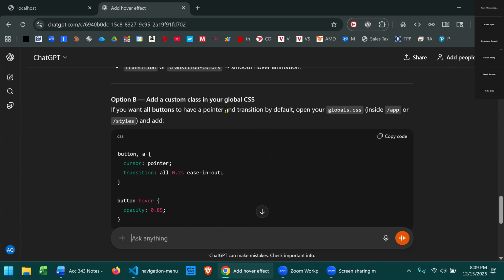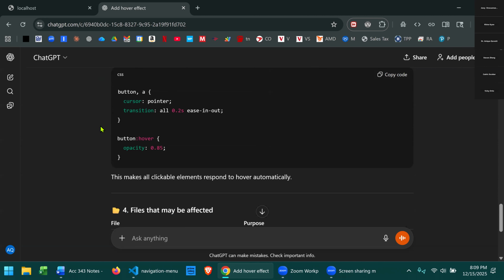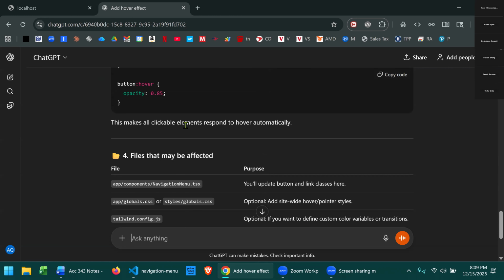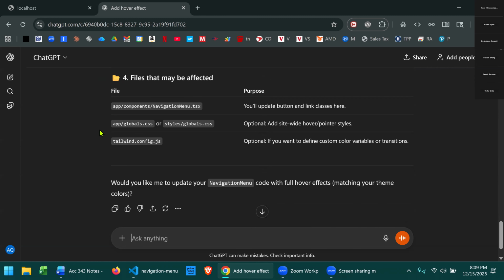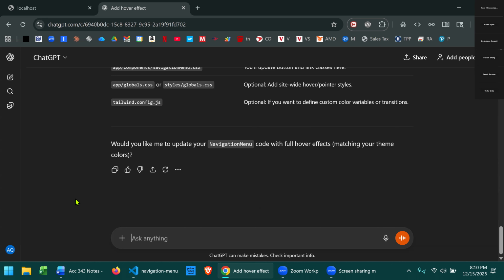Add custom class. So now it's getting more complicated over here. This makes all clickable elements respond to hover effects automatically. These files may be affected. So our navigation menu file, our global.css, because that's what we're using, and our Tailwind config file. Now, since we're using version 4, this would not apply, but I'll say,